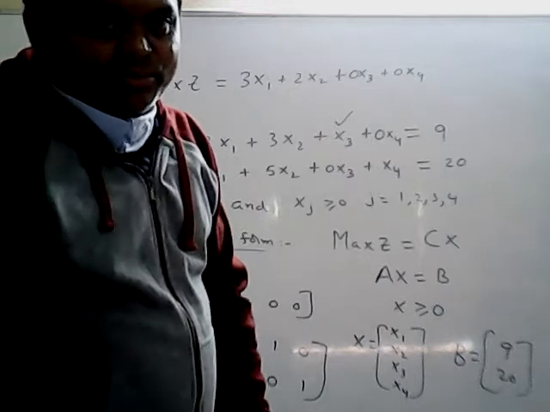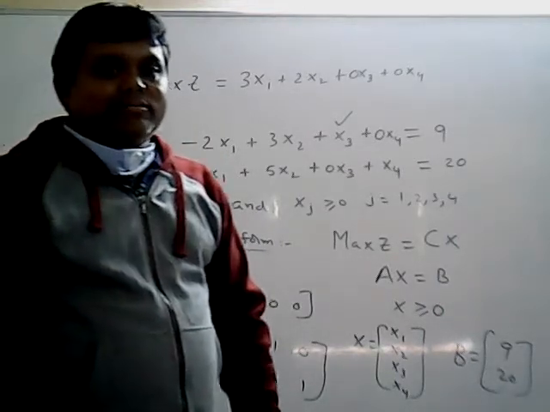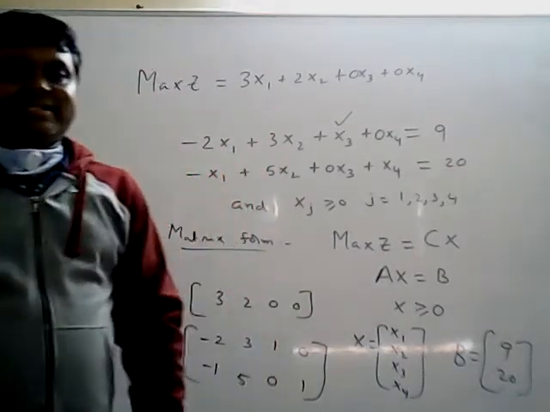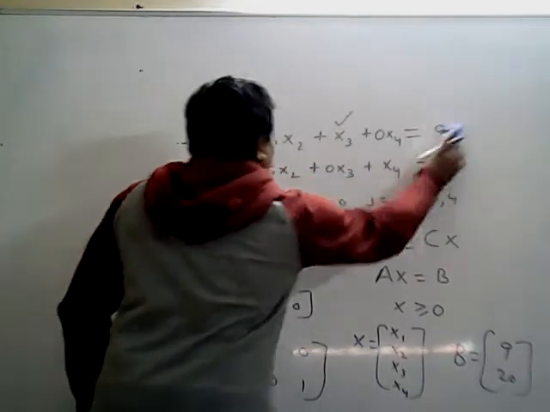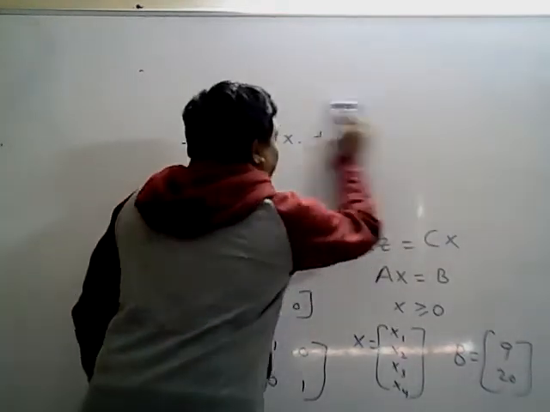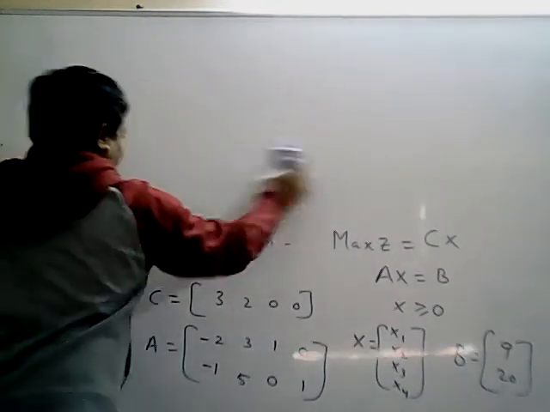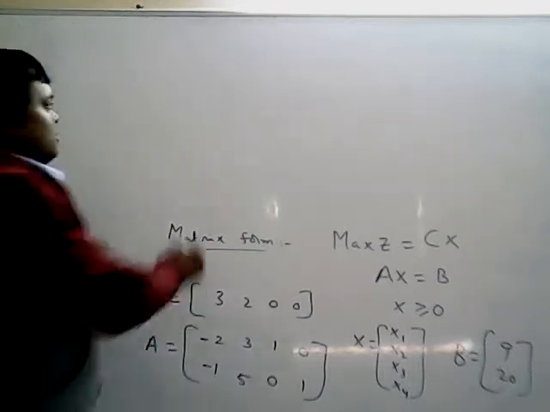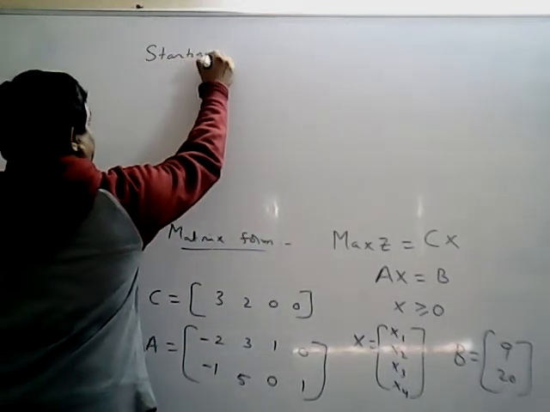Next, what do you have to do? All of you know what you have done. The next step is the starting table. You have to draw the simplex table, the starting table or initial table. So we move to the next step. If you practice problems, it will automatically get easy.